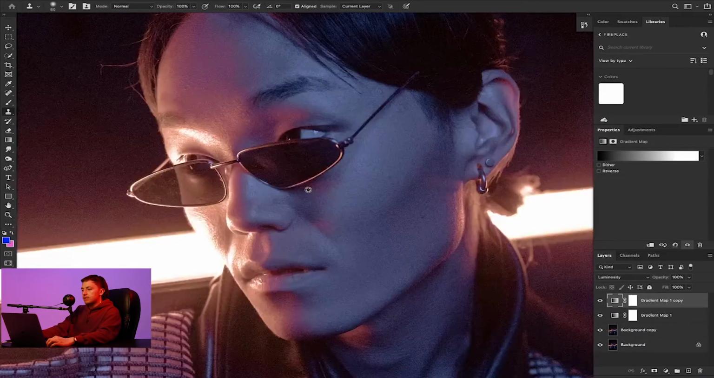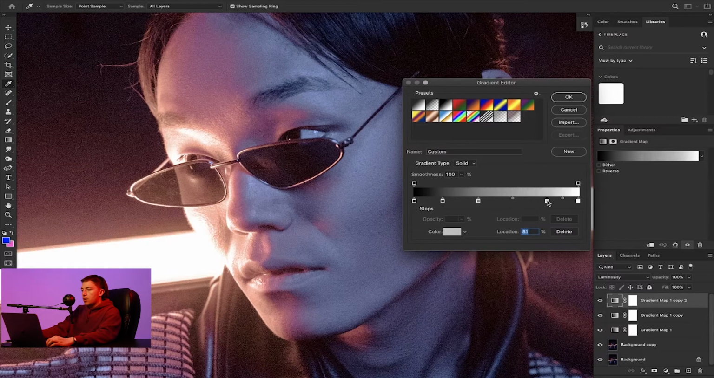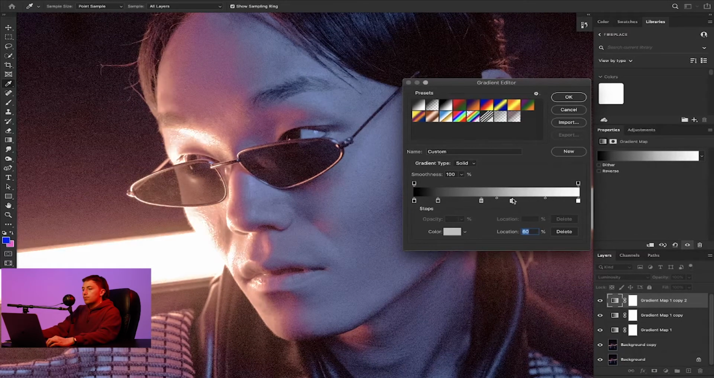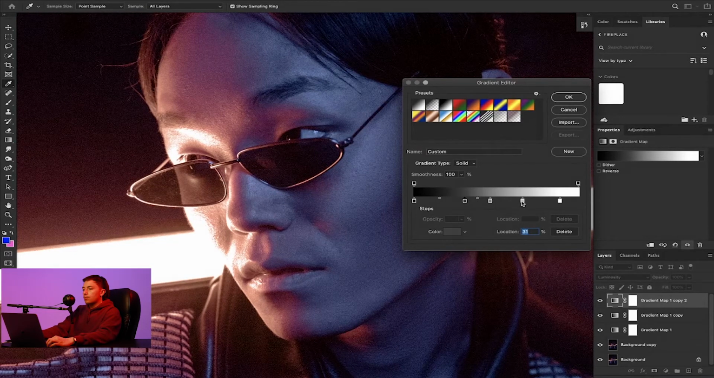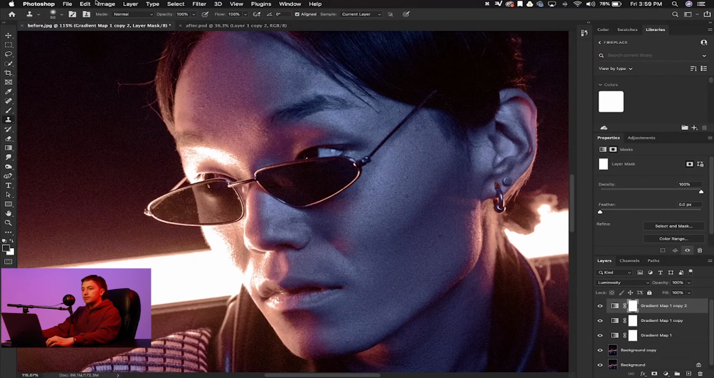So that, as we can see, gives it a lot more depth. And we're even going to do that one more time. And now we're really going to focus on just the cheekbones and the bridge of the nose, all of that. Like that. And now what you're going to want to do is go to the mask and go to